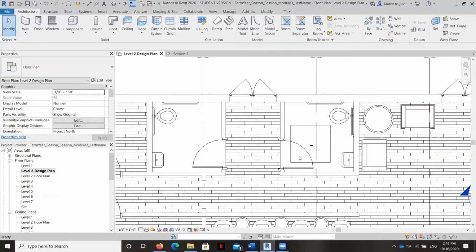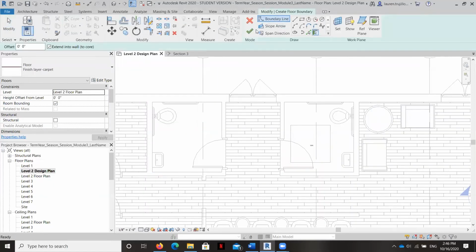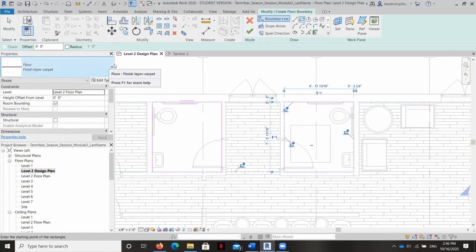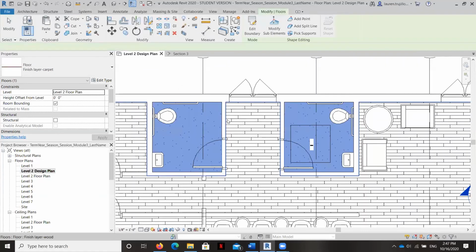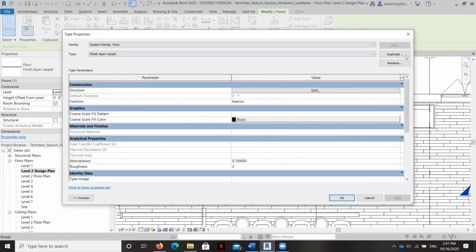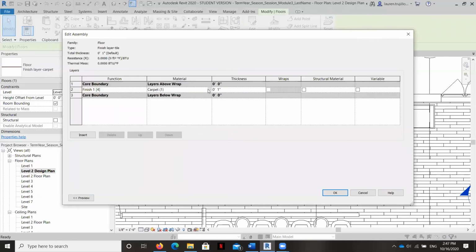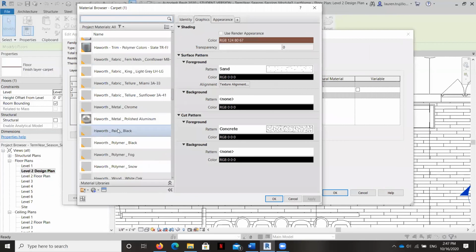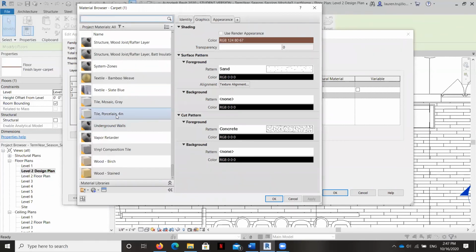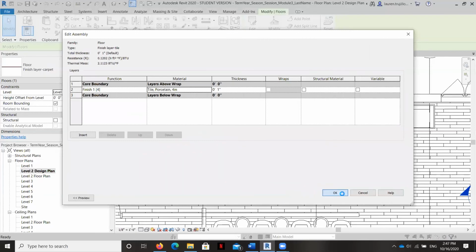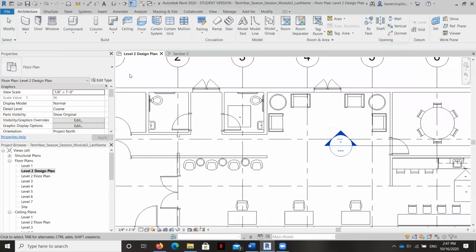Okay, so now that is empty. Now I'm going to do the same thing, but now I'm going to do tile. Okay, and now we've got our tile there.